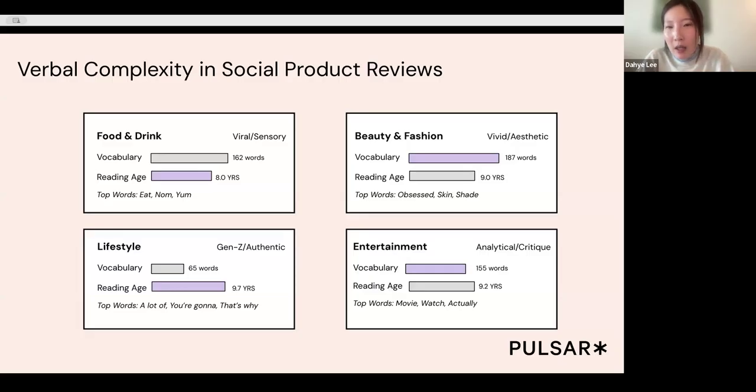So as we see here, high engagement isn't about using polished or fancy words, or even sounding smart. It's more about sounding human, building connection, showing emotion, and speaking the language your audiences actually use.